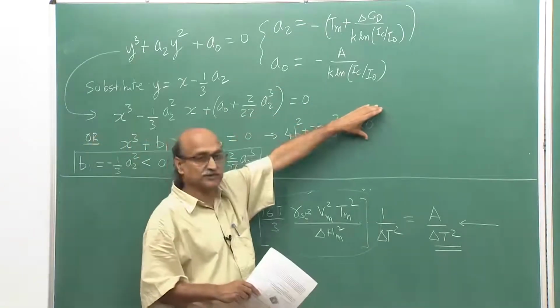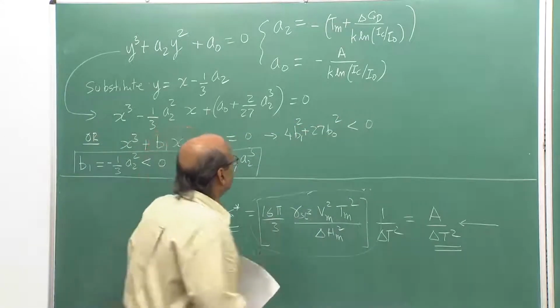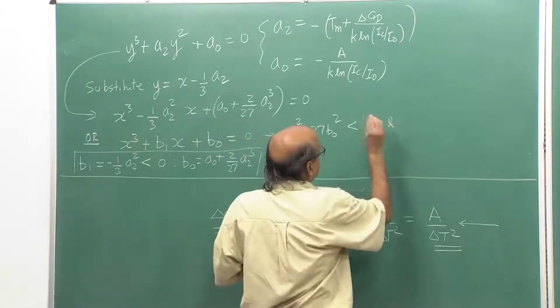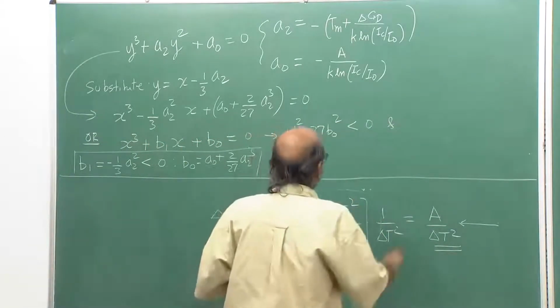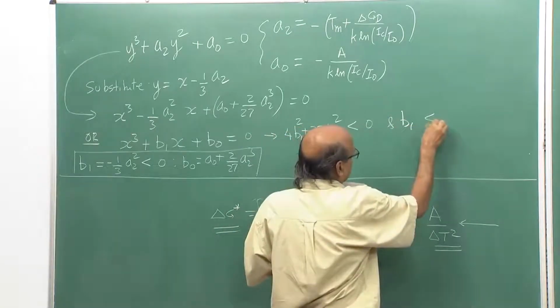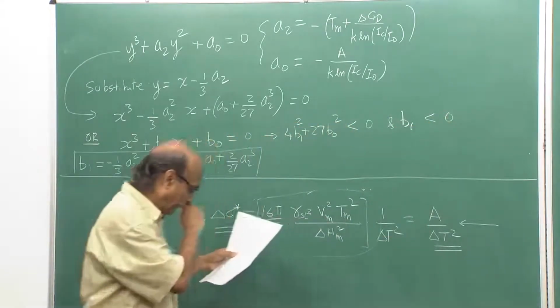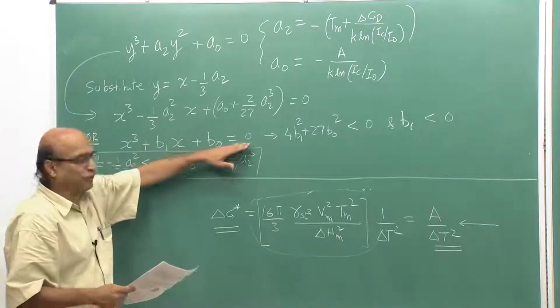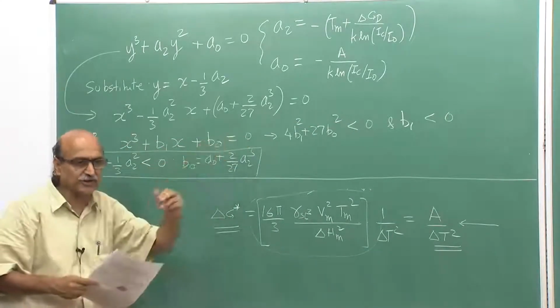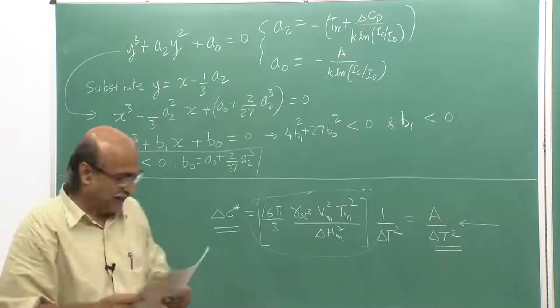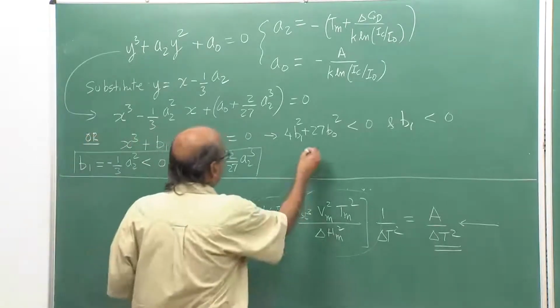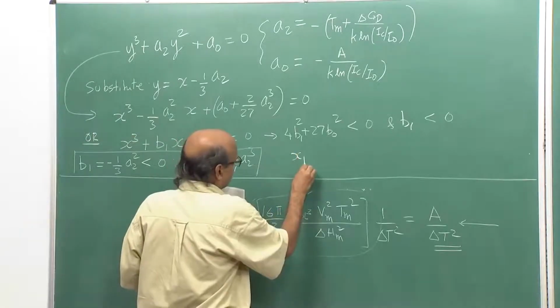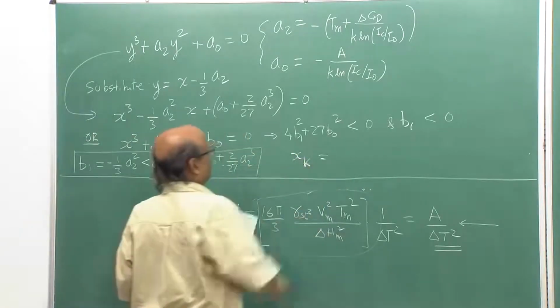This quantity is less than 0, and at the same time B1 is also less than 0, then this polynomial has 3 real roots, and those real roots are given by the following relation: